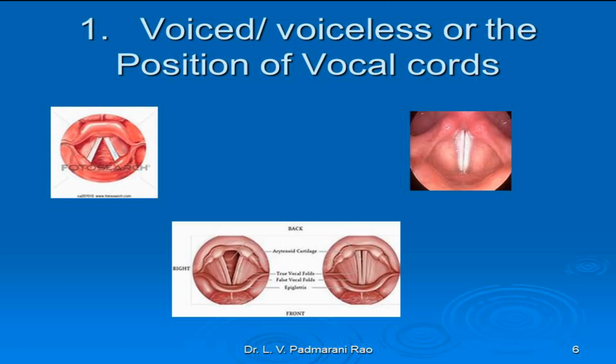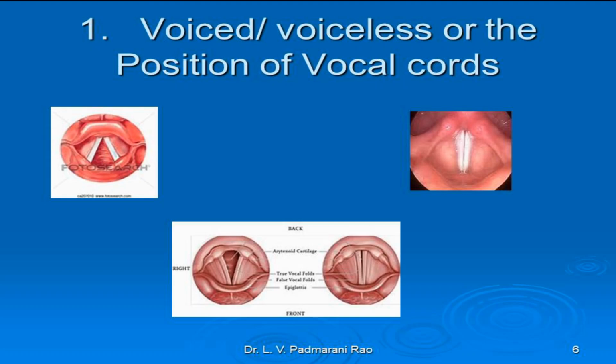Because the first diagram shows that you are not talking and you are just breathing. And the fourth diagram shows that it is completely closed, and this is the position when you are eating or drinking. What is more important when the speech sounds are produced is the middle diagram, which I have given in the pair, where the vocal cords are slightly separated so that the air can pass through the glottis very freely,